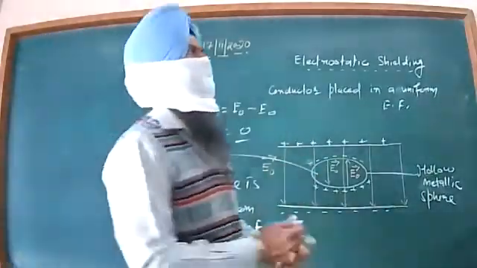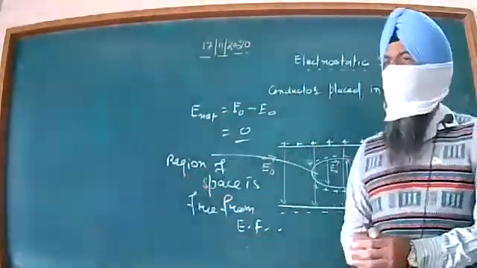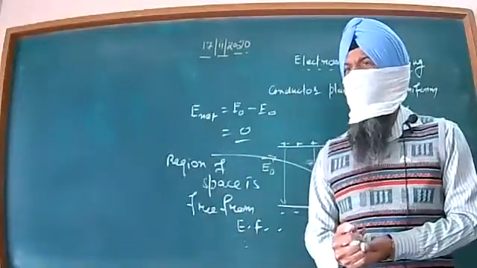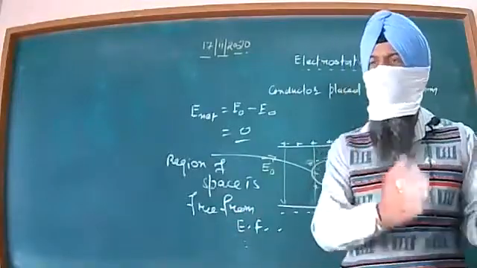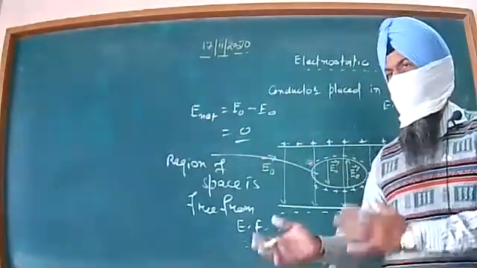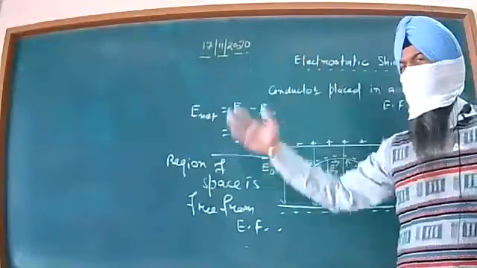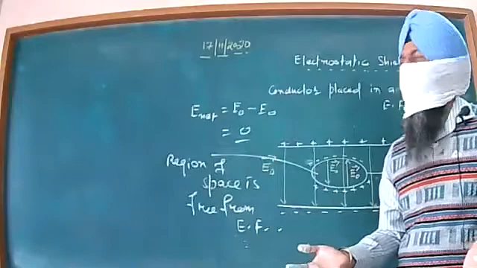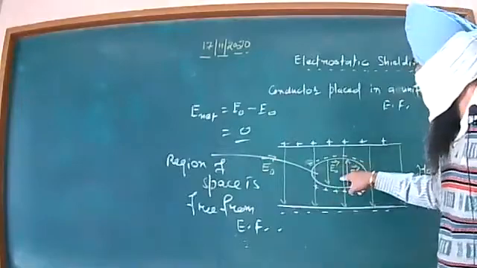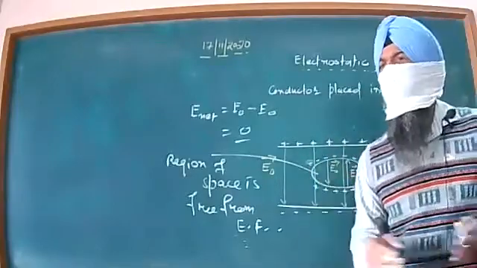In this manner, you can see that sometimes CBSE asks a question: during lightning, is it safe to sit inside a car or to stand under a tree? It is safe to sit inside the car. The outer surface of the car, on account of having a metallic case, behaves just like this conductor, and in the interior of the car the electric field will be 0 and the person will be safe.